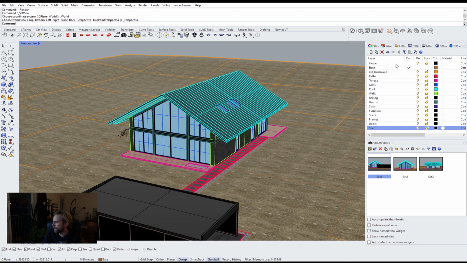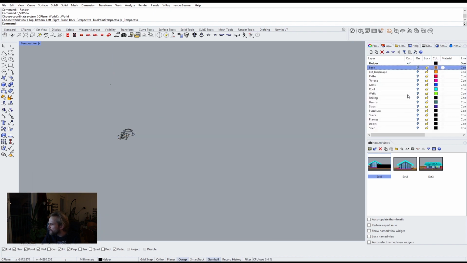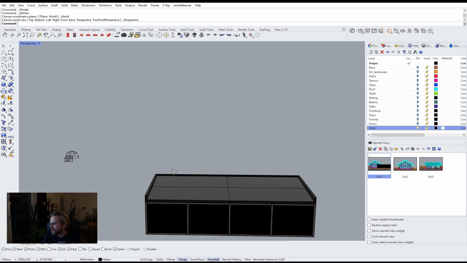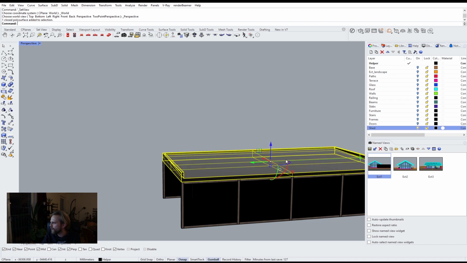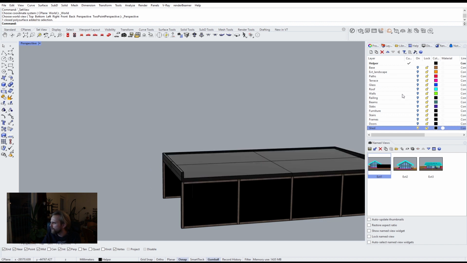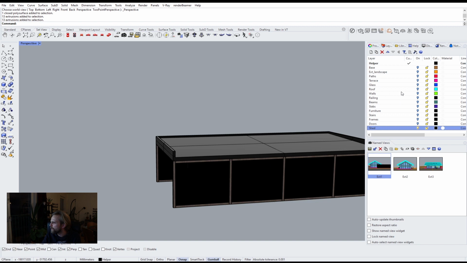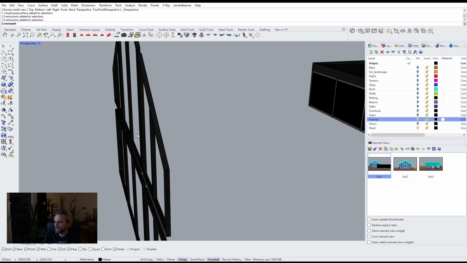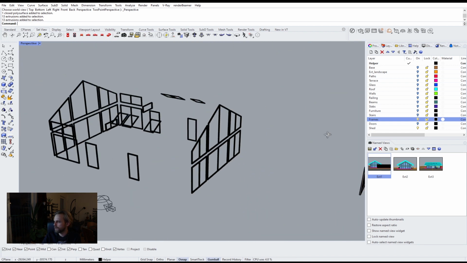Disable all of the layers, or hide all of the layers, including the base, and only enable the shed. I will want to add a little bit of bling bling here, and only the top of the shed, or maybe not just the top, maybe these guys as well. Frames, where are the frames? Frames, there we go, these guys. So I want to chamfer the frames here so that they have a little bit of a corner, and also I want to chamfer